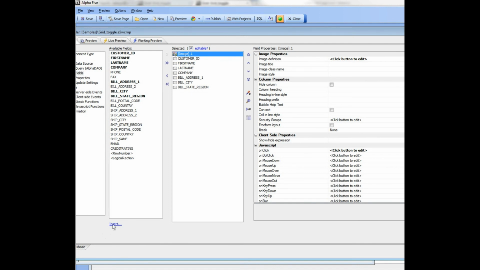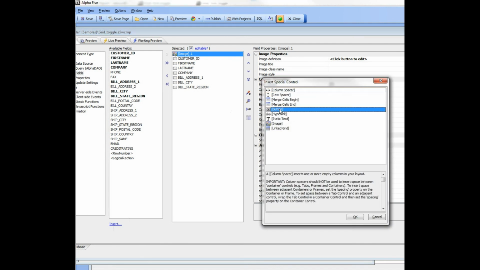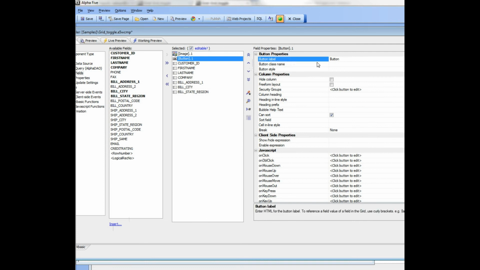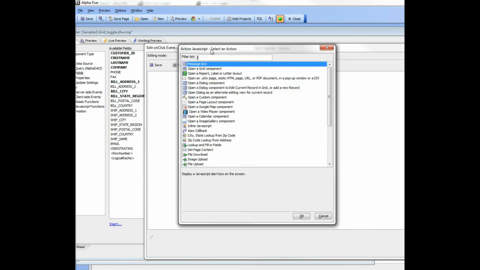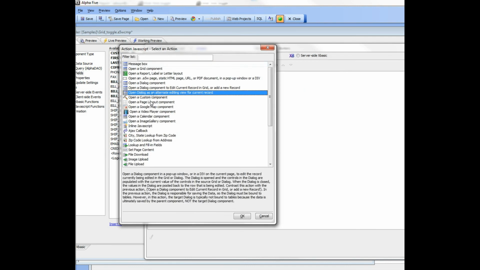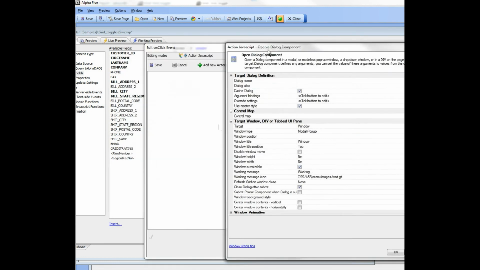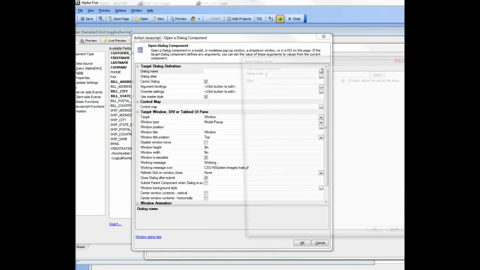So we'll do that by actually creating a brand new button. So we'll go over to button, and we'll just say toggle dialog, and then we'll bring up the builder. So up comes the builder, and we're going to choose this new action here called open a dialog as an alternate editing view for the current record. So the dialog that we want to choose is